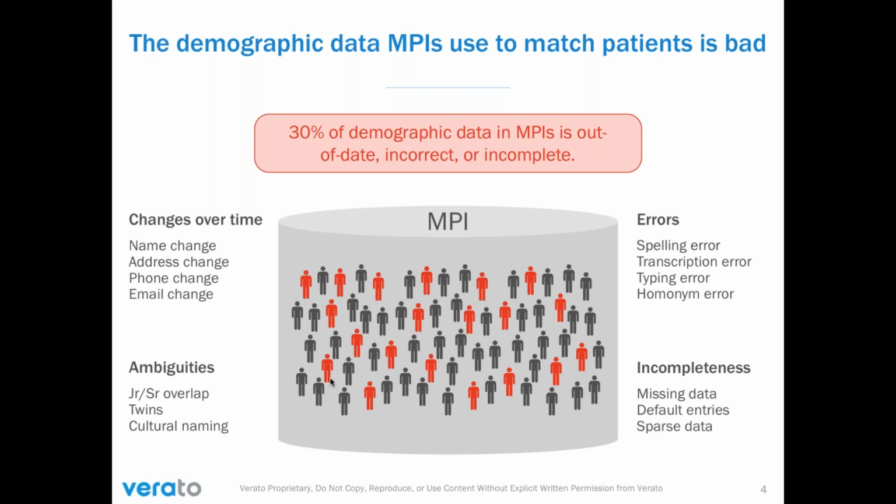But there are also other types of issues with data, and some of it isn't a problem with the data, it's just the fact that data changes over time. People move and change their addresses. 12 to 15% of people move every year. People get married and change their name. Oftentimes when that happens, they're changing their address at the same time. So these are changes in data. It's data getting old and out of date. It's not necessarily a mistake on anyone's part, it's just a fact of life with how data changes.